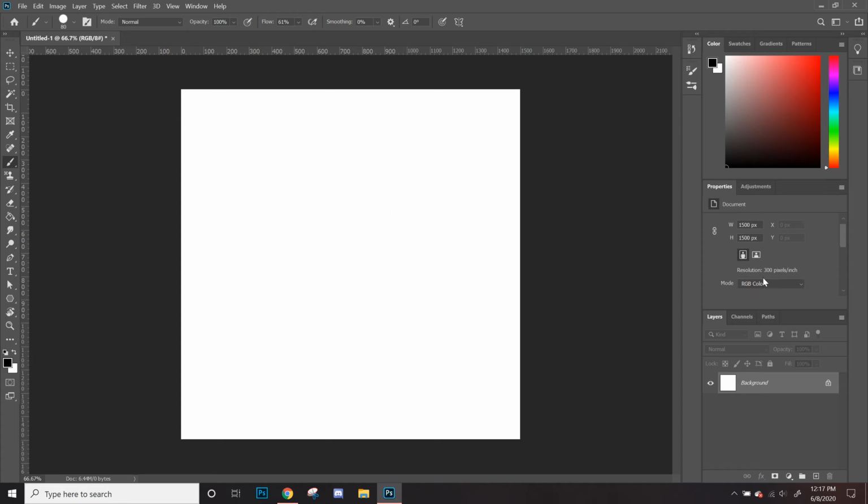And then right underneath this, we have the properties, which right now is just telling us the width of our canvas, which is a 1500 by 1500 pixel canvas, and a bunch of other little things. I wouldn't worry too much about this panel, because it's just going to give you a bunch of technical information that you can go in and edit to change where things are. So don't worry about that too much. The adjustments layer, we will get back to these, but these are fun little things you can add to change things like color, and just add a bunch of different effects to your layers. Speaking of which,